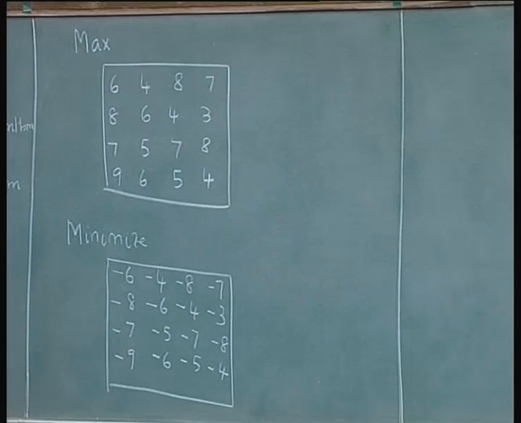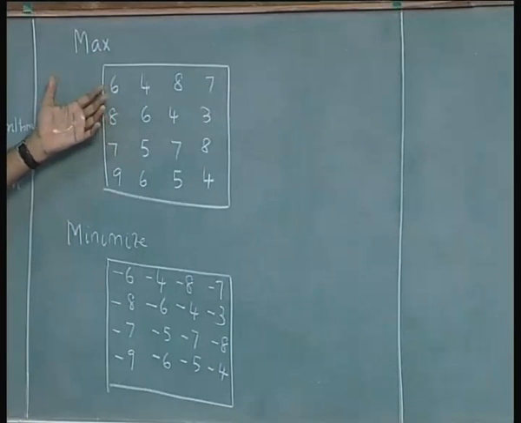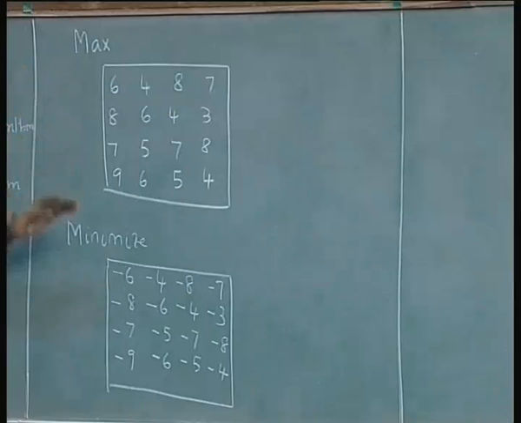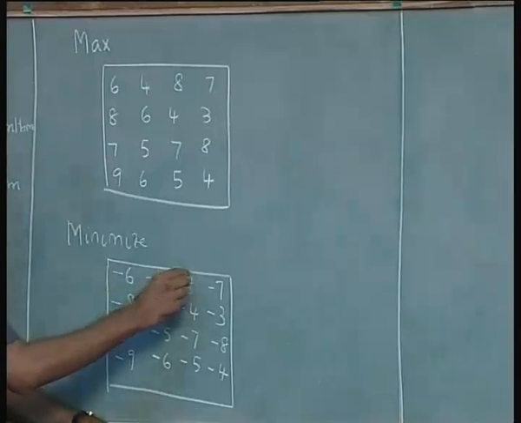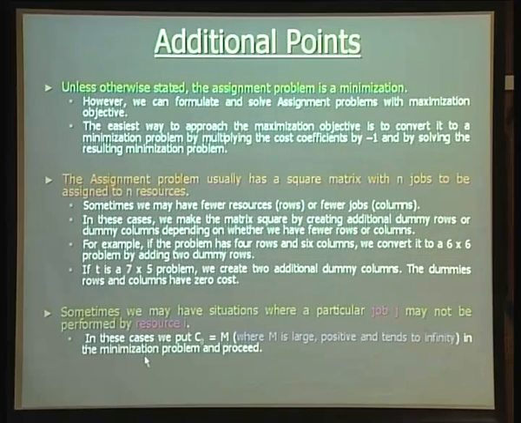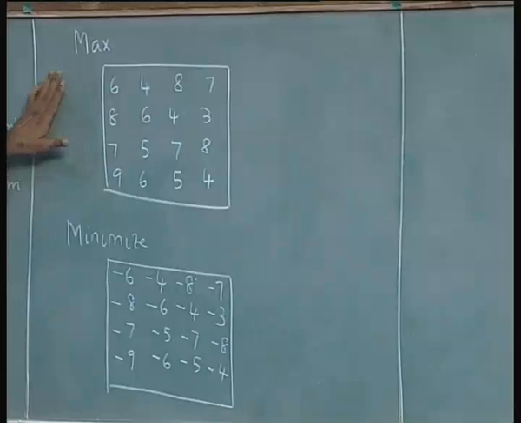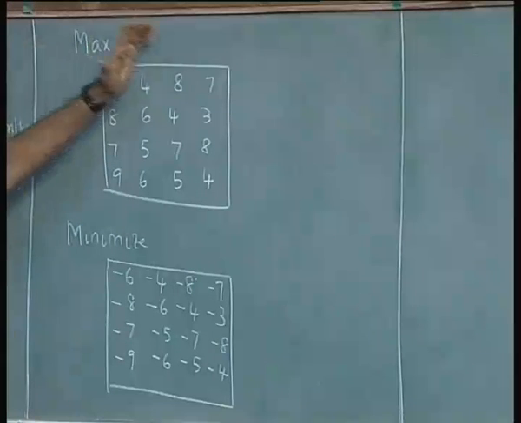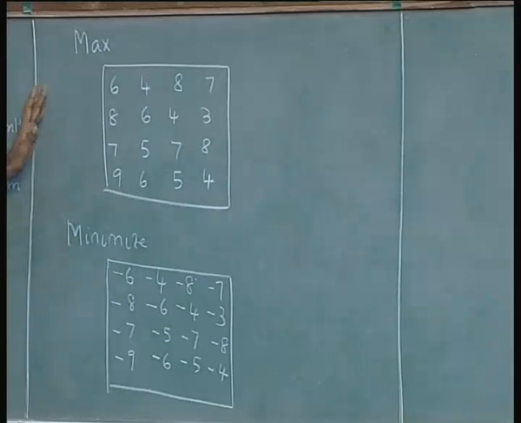Normally it is not recommended to do the row column directly for maximization problem. It is always better to convert it to a minimization problem, treat this as row minimum and subtract from every element and so on. The assignment problem usually is a square matrix. We have seen this is a 4 by 4 example where 4 jobs have to be assigned to 4 people. Unless otherwise stated, the assignment matrix is a square matrix, but we could have situations where we could have, say